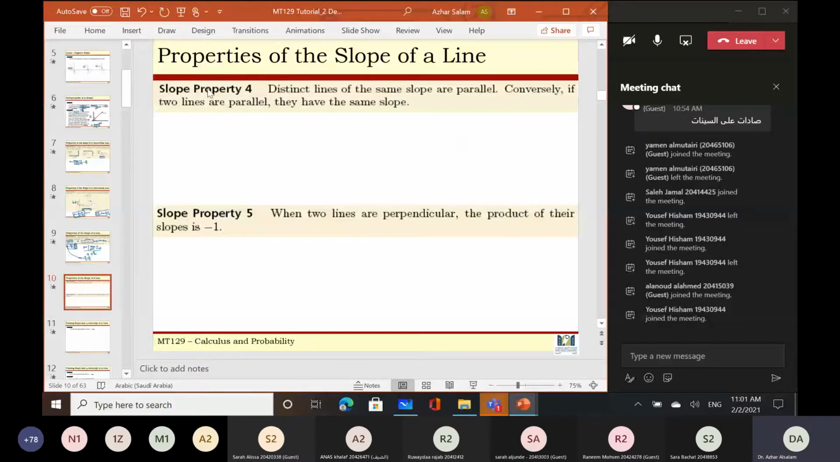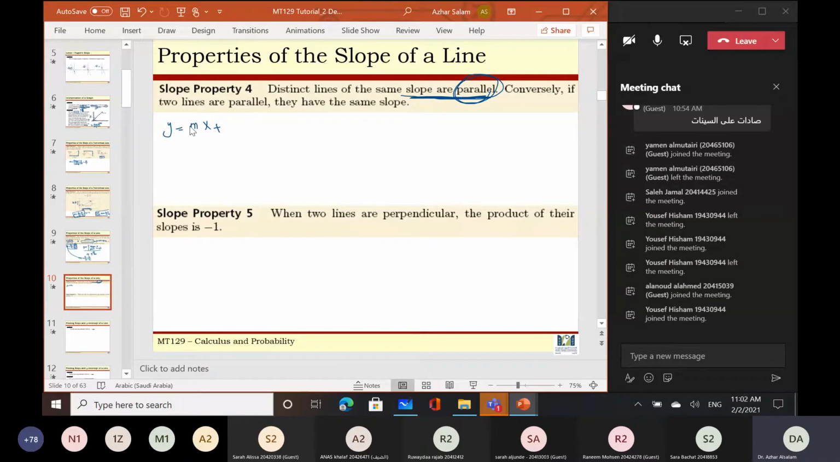We'll find some examples. We'll continue first the properties. Slope property for distinct lines of the same slope. This one I said before to you. If I have the same slope, okay, then the lines are parallel. If I have here, for example, y equals to